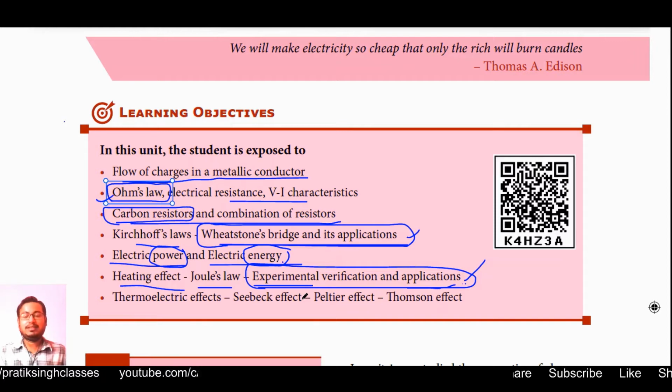That means there is generation of heat. Then what is the relationship between that heat and the current, we will study. Okay, that means when we keep voltage constant and increase or decrease the current, then how much will be the increase or decrease of the temperature in the metallic conductor, and a lot of other phenomena we will study here.